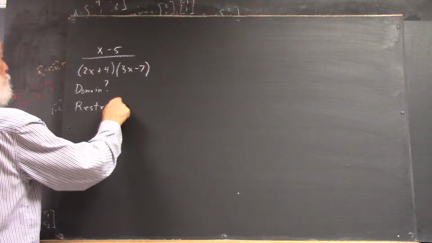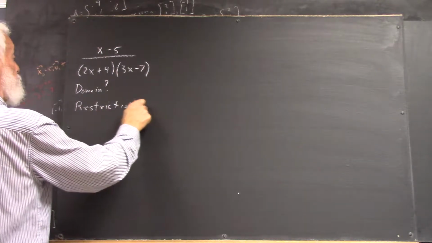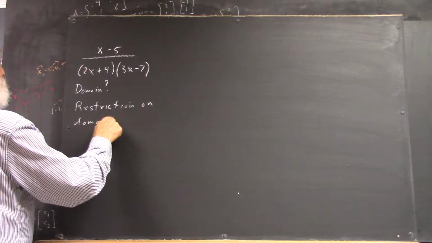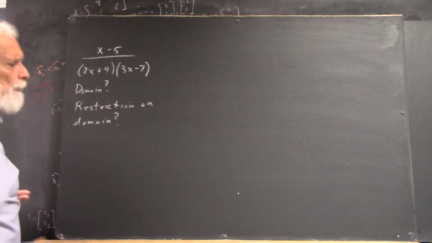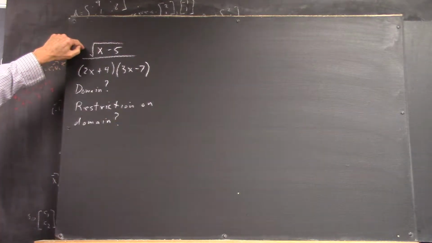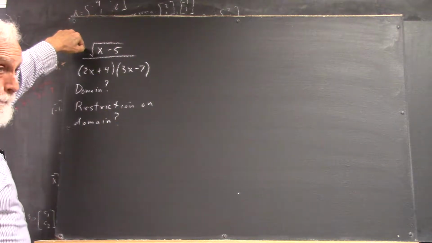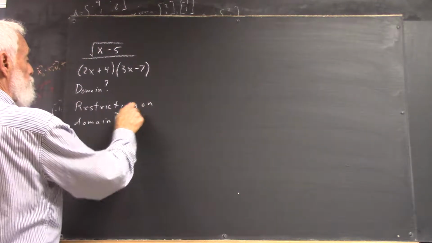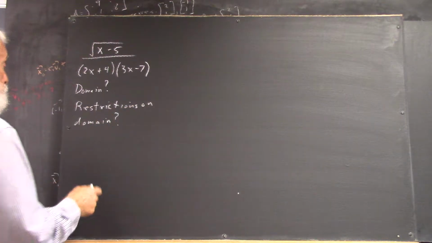what's the restriction on the domain? The zero. You know, I'm gonna lump all this together. It's not a rational function anymore because we got a square root here. Okay? But I'm going to include this. Okay? So what are the restrictions on the domain? Well,